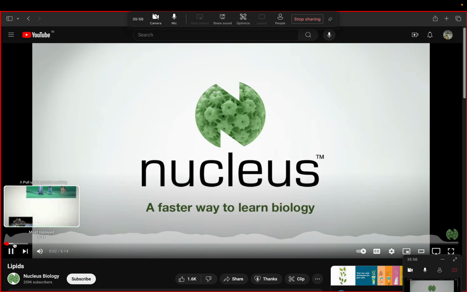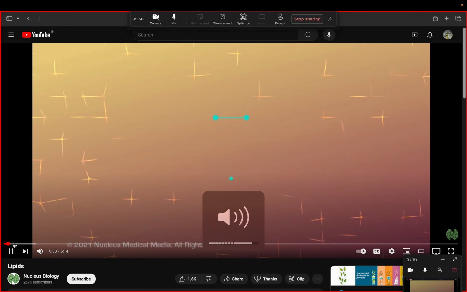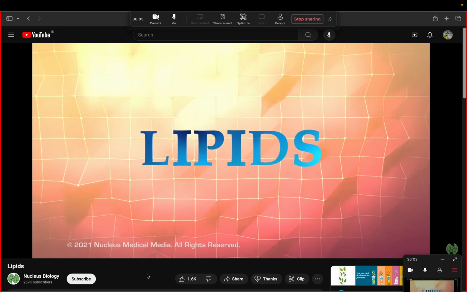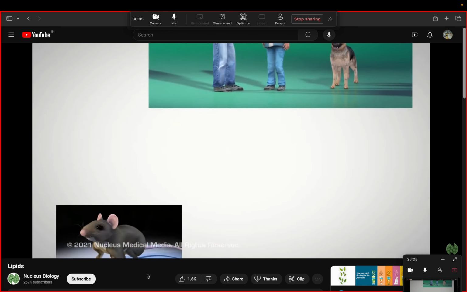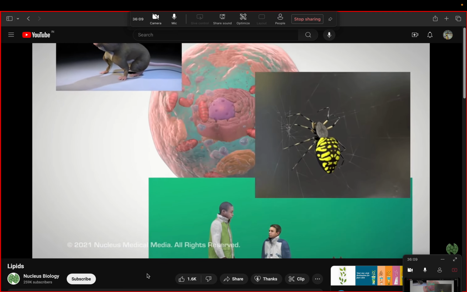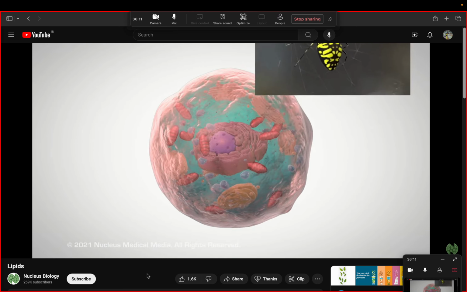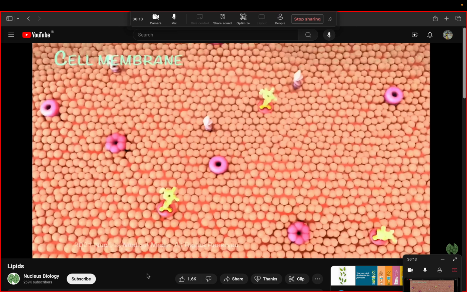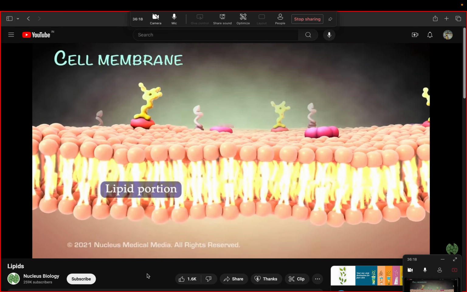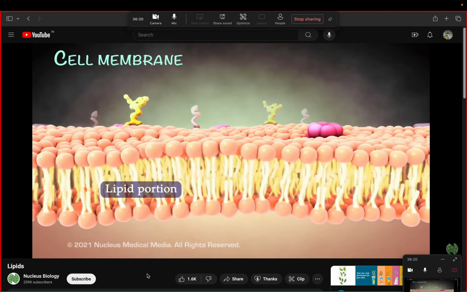I hope you guys can see and hear it. Today, we're going to talk about lipids. Lipids are an integral part of every cell membrane in every living organism. Looking closer, you can see that lipids are part of the phospholipid membrane that is the boundary of every single